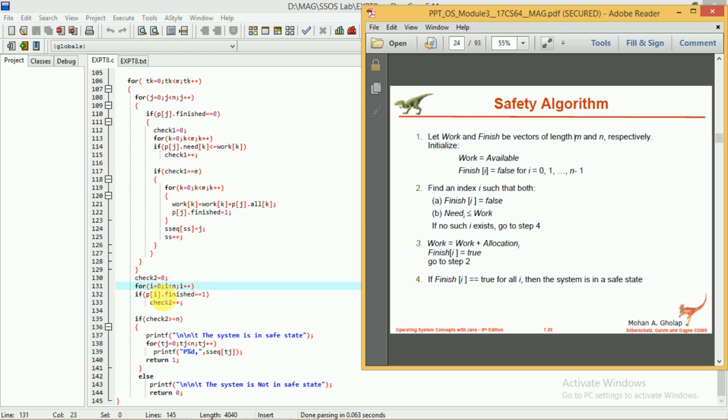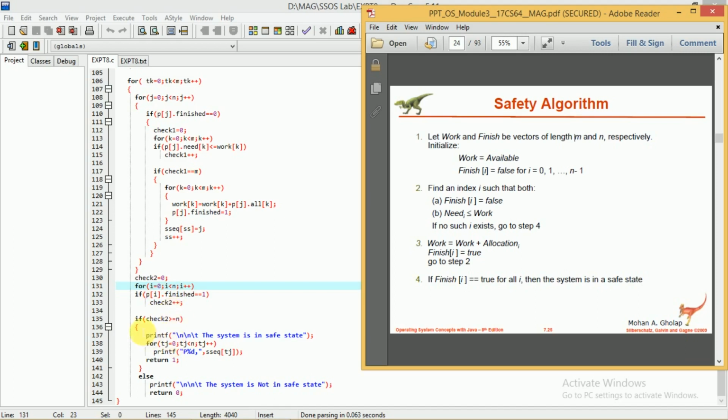For I equal to 1 also, if the condition holds, we increment the value of check2, and so on. In order to ensure that finish of I is equal to true for all the processes, what should be the value of check2? It should be incremented for all the values of n, meaning it should be equal to n, or sometimes greater than n.